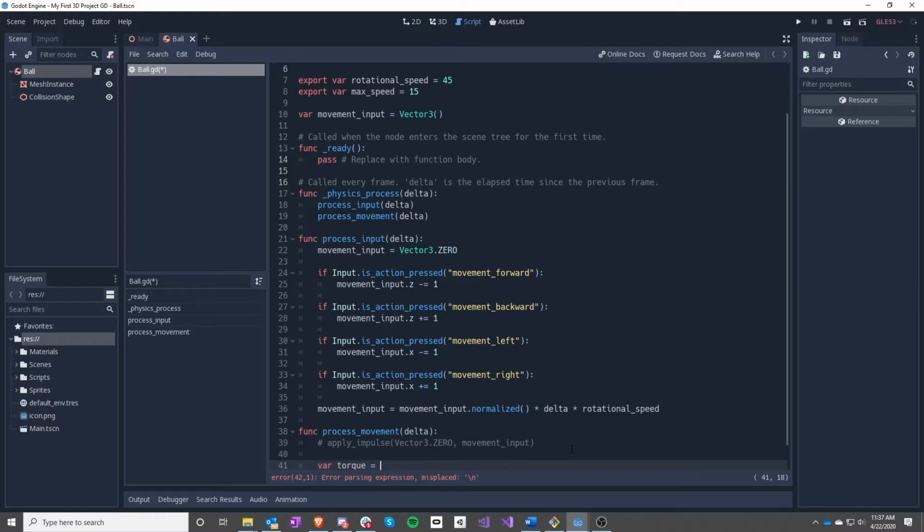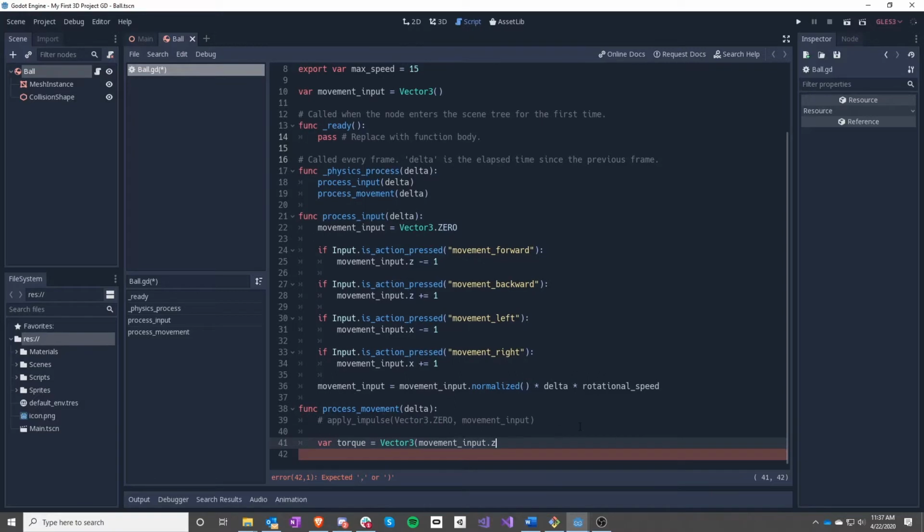And that is going to be a new vector 3, which is going to be around the movement input z-axis, which is the x. So remember, if we have x, y, and then z is this kind of forward looking, the x angle is the one that goes left and right. If we spin around that, that means we're rolling forward. So we want that